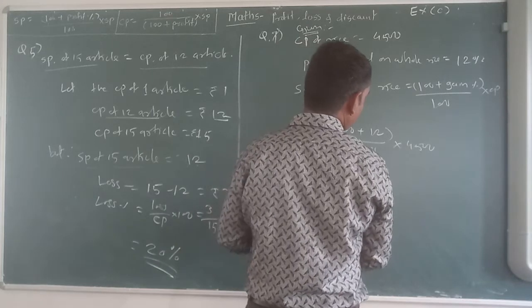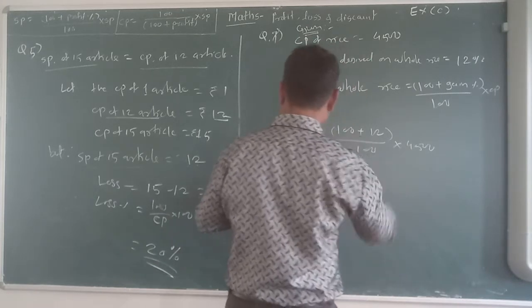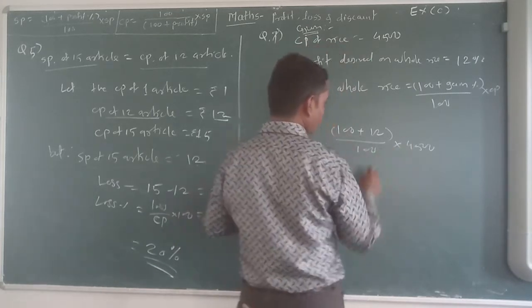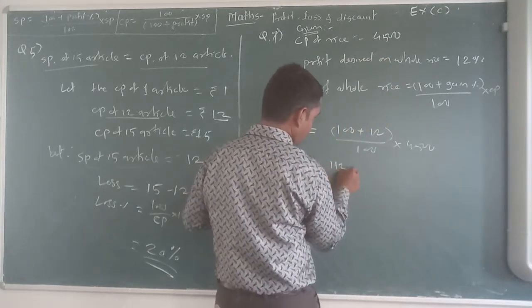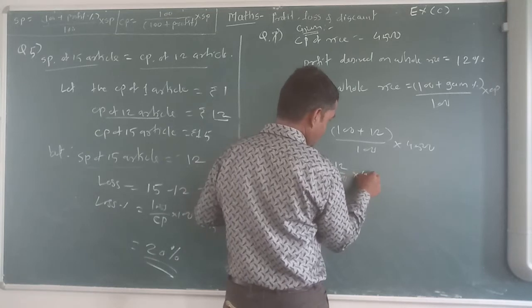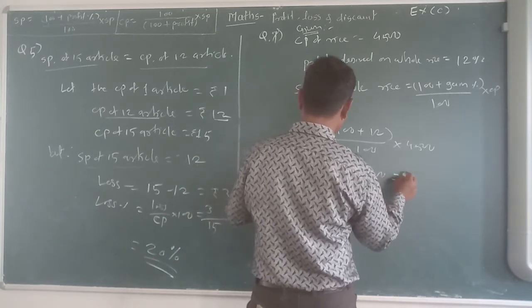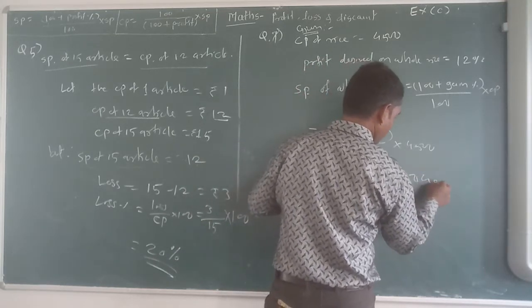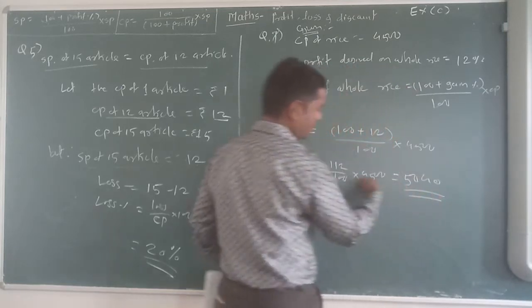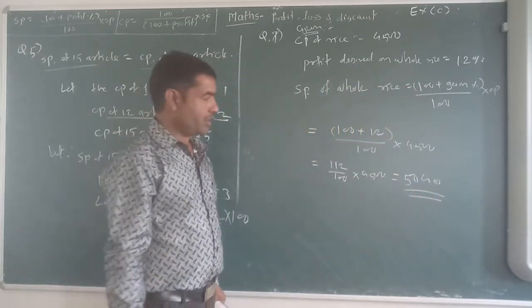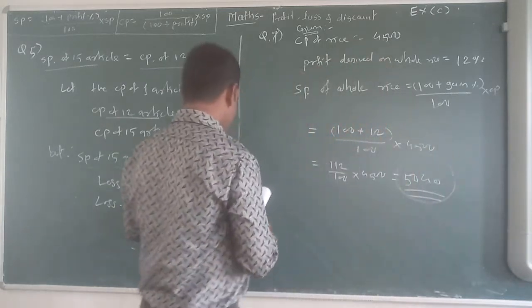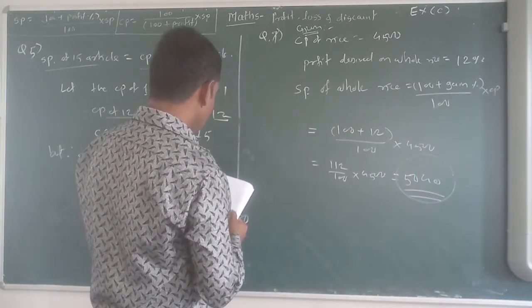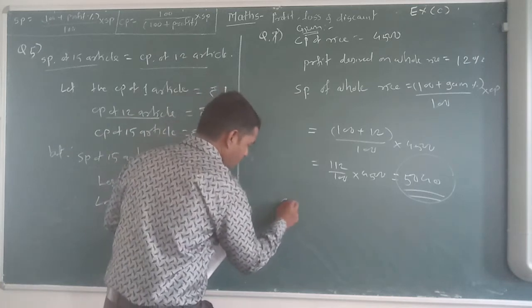Once again you have to check. Okay, it is correct. Now you can do the calculation, which will be the 112 upon 100 into 4,500, and it will be the 5040. You can do this calculation on the rough sum there. Okay, this will be the SP. उसकी SP कितनी होनी चाहिए? इतनी होनी चाहिए. But उसने 1/3 बेच दिया.